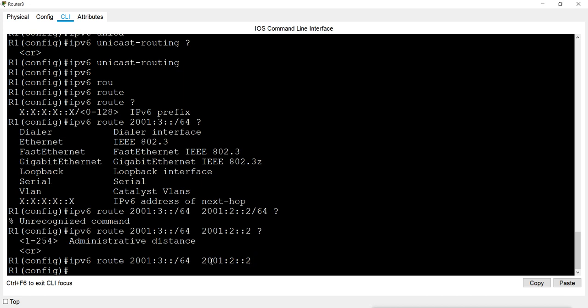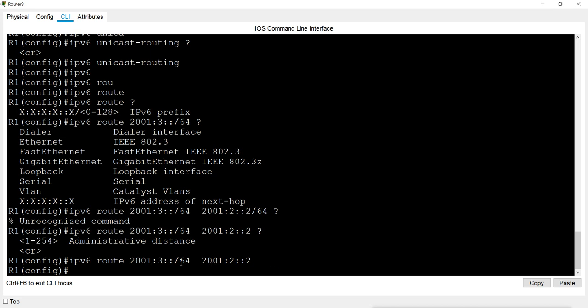When you give a next hop address, it's a particular address, you don't have to give /64. And after that, you can give the administrative distance value, AD value. Default is 1 for static route, but you can change values so that you can have a backup route also. If you have multiple paths, then you can choose a backup path and give a different AD value to it. But right now I have a single path, so I'll go with this.